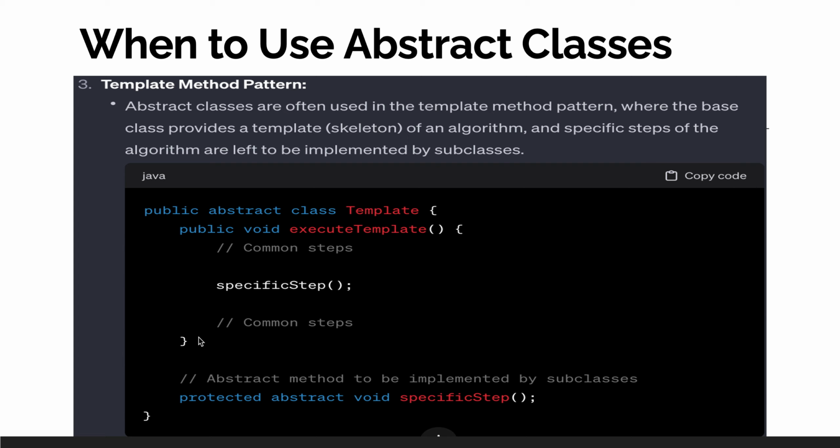Here we have created one method, execute template, and here we have defined some common steps and then specific steps, right? And these specific steps we have provided as abstract methods. So common steps will be common for all the subclasses, but specific steps can be different for each subclass. In that kind of scenario we can go for the template method pattern.